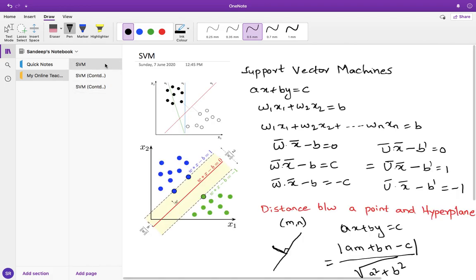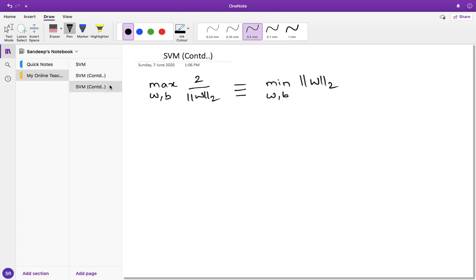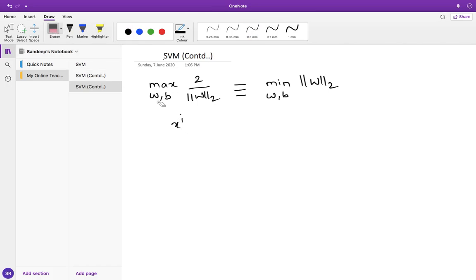So what are the constraints in SVM? It's not just about maximizing this distance, but we should give the information that this belongs to one class and this belongs to another class. So let us give that information. Consider xi, or let me write it here. It would be confusing if I write it in the bottom. So xi is the ith data point associated to yi.